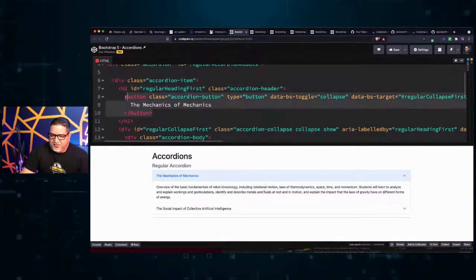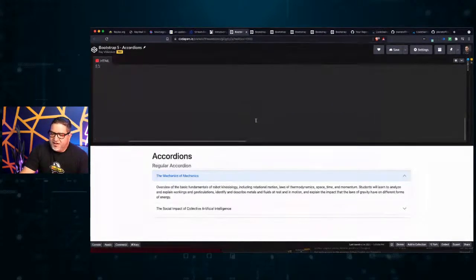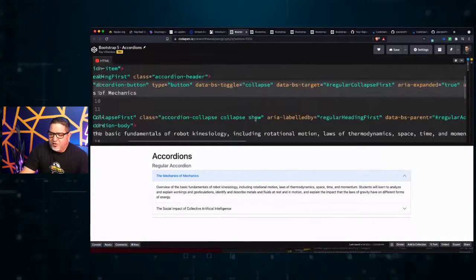And then this top section, since it's going to act as a button, you're going to need to add a class of accordion button and some additional pieces here. So you have to say data collapse. So this, as